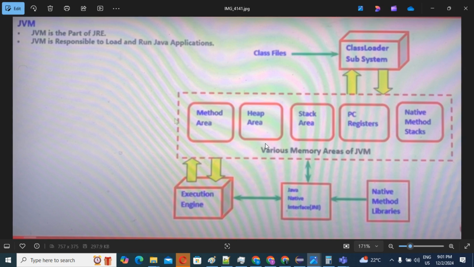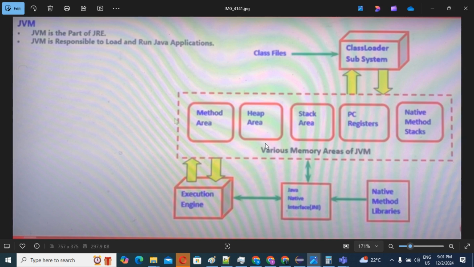The first component is the class loader subsystem. If anybody asks what you mean by class loader subsystem, directly tell them the class loader subsystem is responsible for loading the .class file. Once we have loaded the .class file, we definitely need memory.